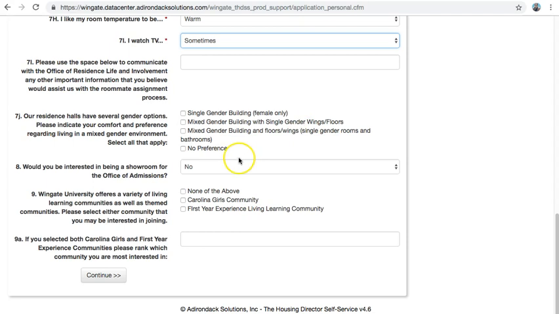You'll also be able to indicate if you'd like to live in a specific community such as our Carolina Girls or our First Year Experience Living Learning community. You can find out more information about those spaces on your new Student Orientation Canvas page. You will then click Continue,